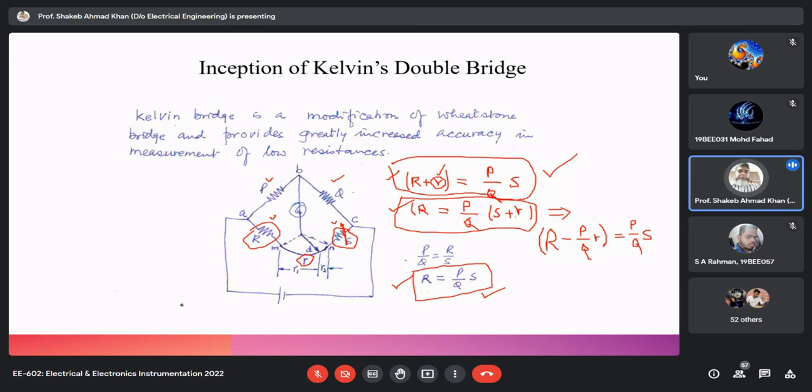This is the solution that has been suggested, that ऐसे आप लगाइए कि the ratio r1 upon r2 should be equal to